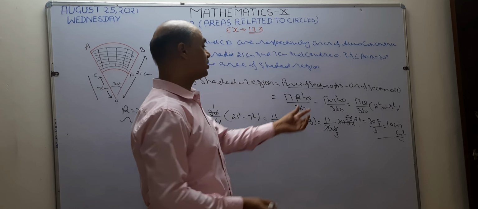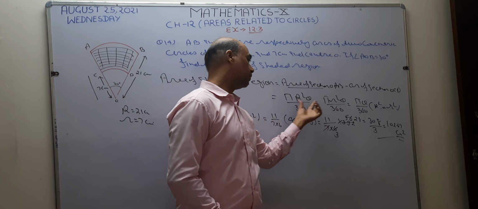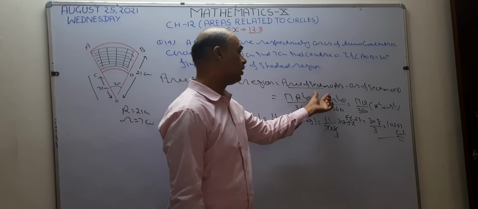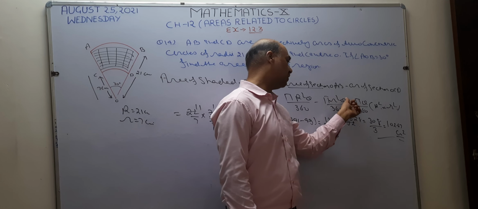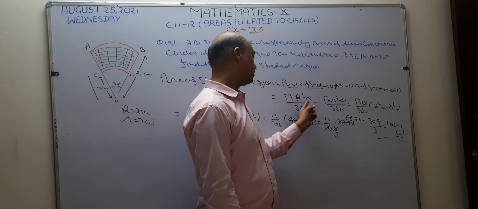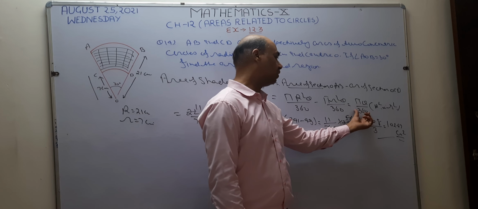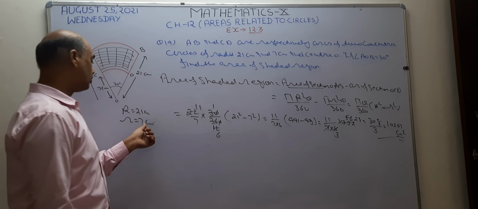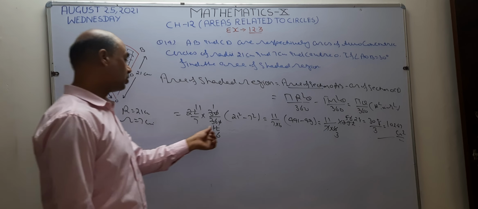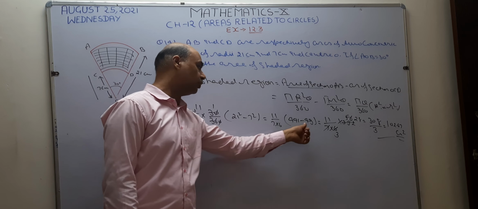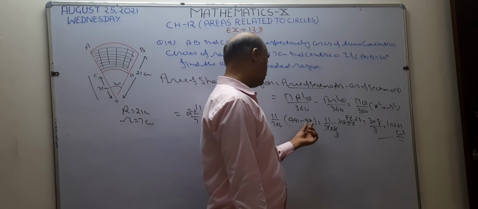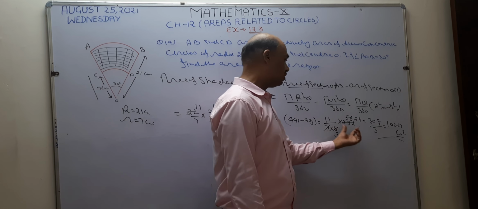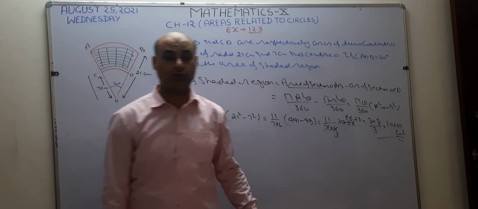Okay. From the larger sector, you are going to subtract smaller sector. I find the area of sector pi capital R square theta upon 360 for the larger sector. From the smaller sector, I use small r, pi r square theta upon 360. Take common pi theta 360, common between these two. After taking this common, what is left? Capital R square minus small r square. Capital R is given 21, small r is given 7. The square of 21 is 441, square of 7 is 49. Subtract 49 from 441, 392 is there. After calculating this, the answer becomes 102.67. So this is your answer.